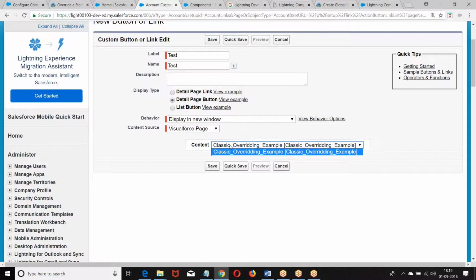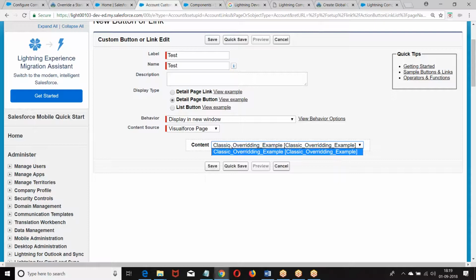Same concept is implemented in the Lightning with what? In the Visual Force, if I take standard controller, the same concept in the Lightning is implemented with LDS, Lightning Data Services, where I told record data, target record, target fields. The LDS is a counterpart of standard controller in the Visual Force. So whichever object you want to create a button on, we need to choose the Visual Force.